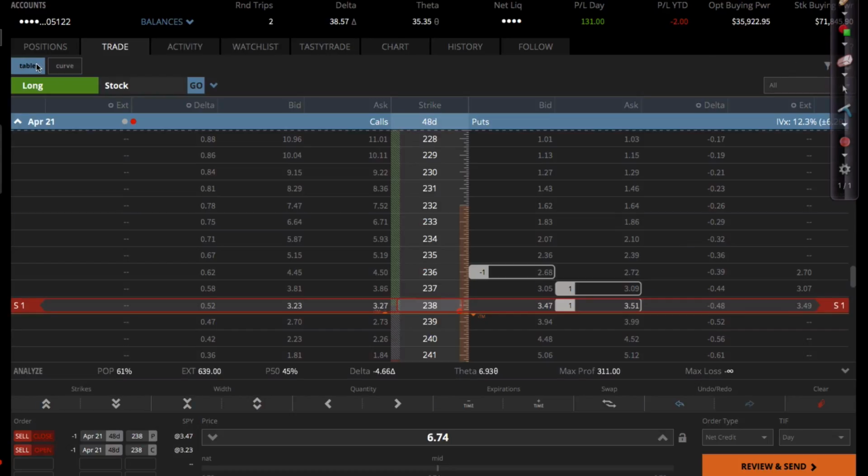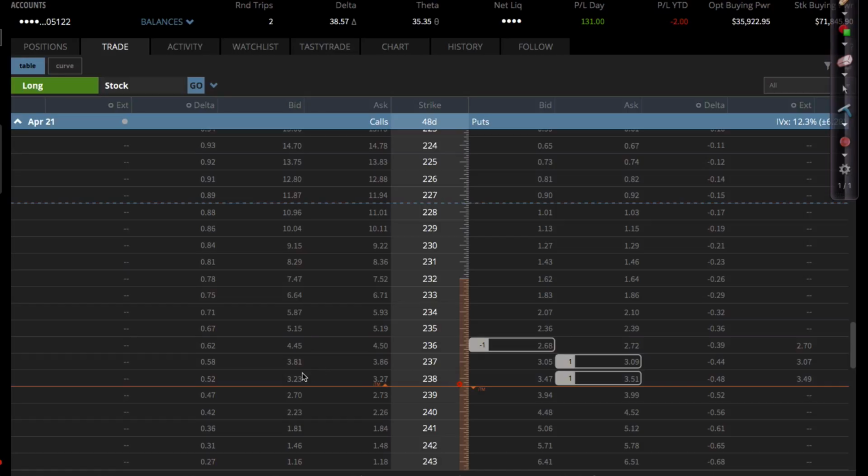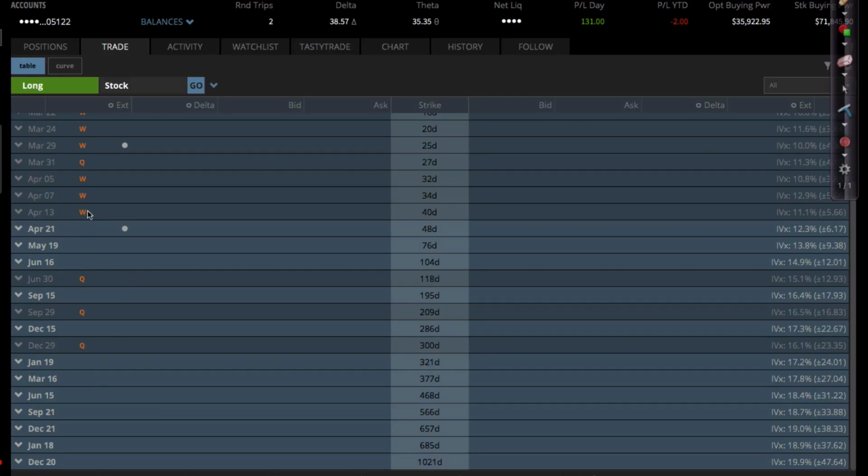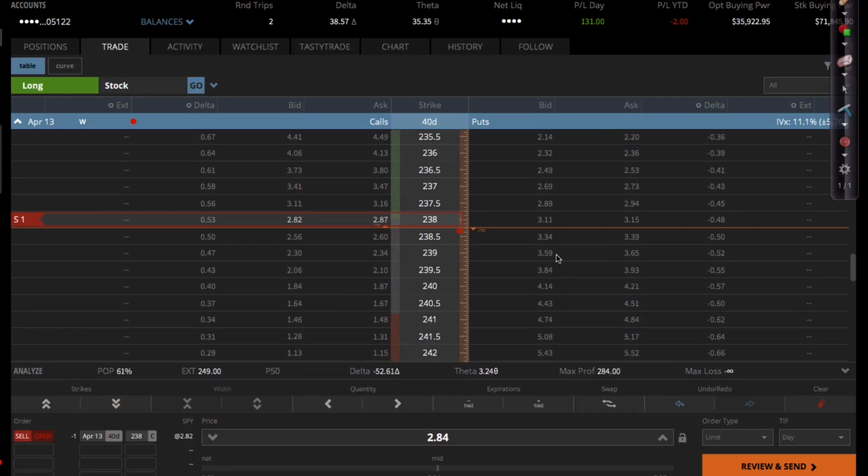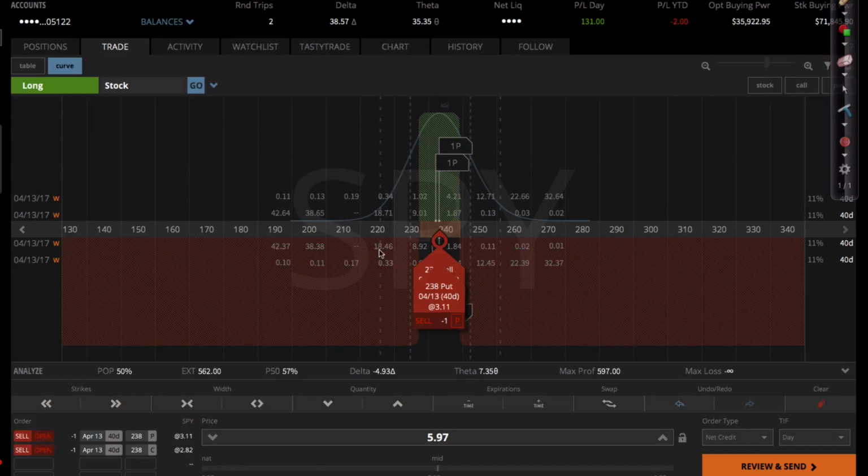And did I sell? Hang on, did I do something wrong there? Part of the problem with doing these while the market is closed is sometimes you get quirky pricing. Let me just try a different expiration. There we go. If I come up here to the left and go to the curve view, I kind of